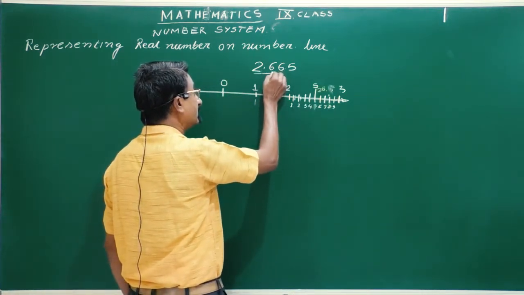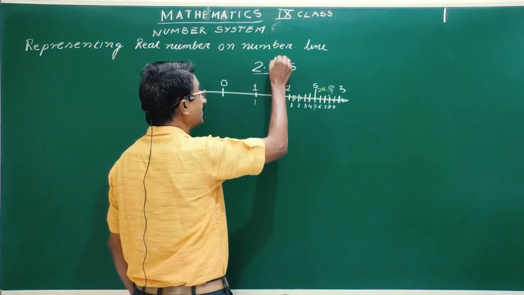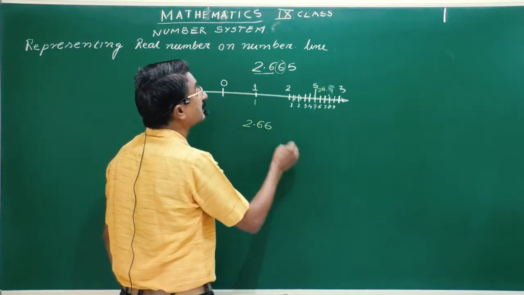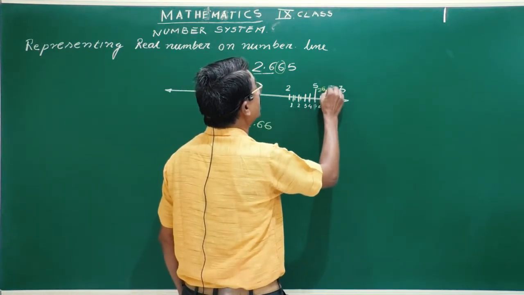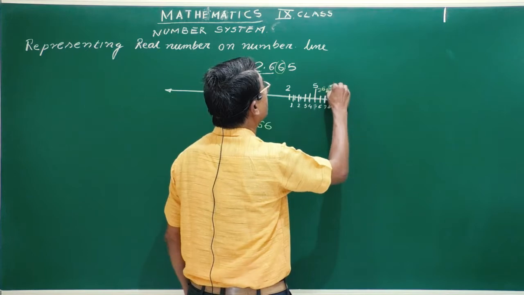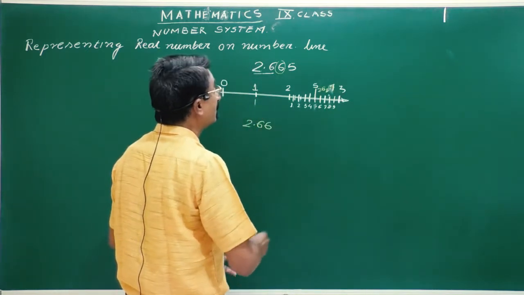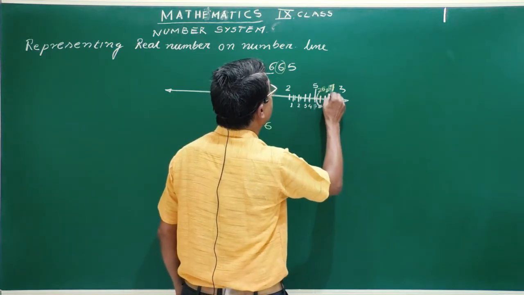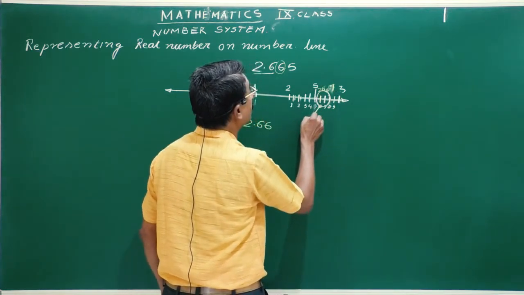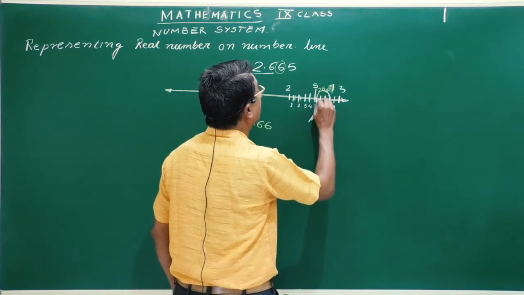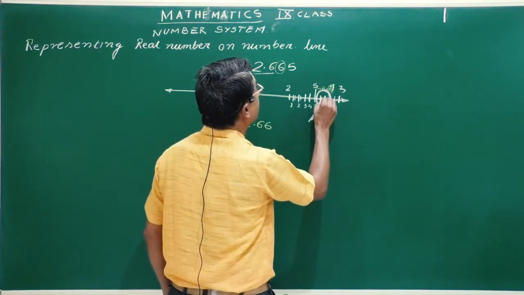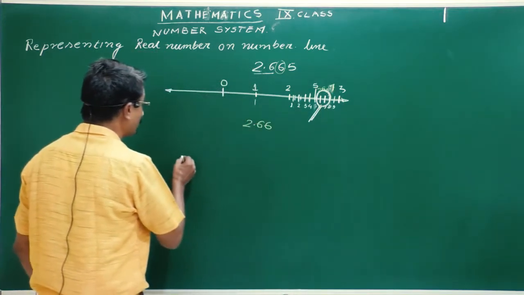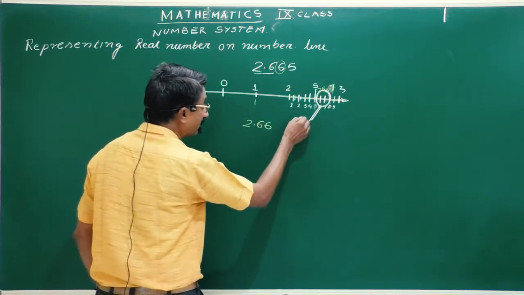But what we need next is 2.66. We need the point 2.66. Means this will lie in between 2.6 and 2.7. So by the process of magnification, we will magnify this portion. आपको पता है मैग्नीफाइंग ग्लास से क्या होता है, बड़ा दिखता है. Means this is a small portion that is in between 2.6 and 2.7. We will magnify this one.